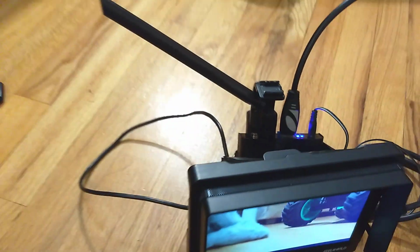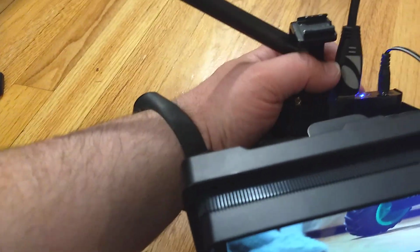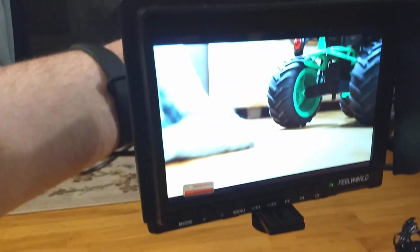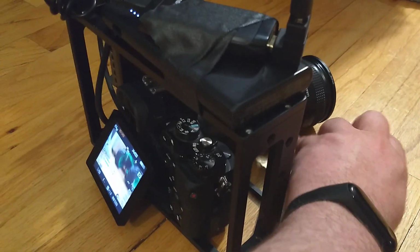I know it's not very pretty, but the idea here is just to make sure that this works, that this is now completely wireless. You can mount this to a light stand. You can take this to whatever. You can give this to the director or a member of the crew just to monitor while your camera is still working away over here. And the lag is very, I mean, anyone who's used a Sony camera before knows that